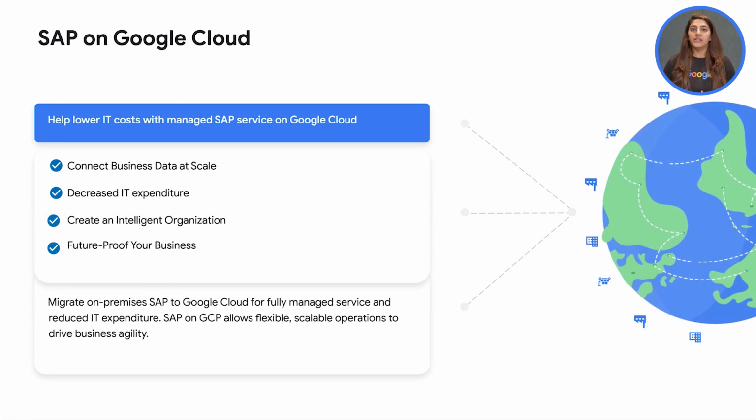SAP on Google Cloud can help retailers power next-level intelligent operations with the flexibility and scalability of the cloud. Most enterprise data sits in SAP, while most operational and IoT data sits in siloed systems. So, by operating SAP on Google Cloud, you can connect your data, processes, and equipment to power more intelligent business operations. Which means you can unify data from SAP, sales and marketing systems, and multiple external sources on Google Cloud to uncover, analyze, and democratize insights with BigQuery